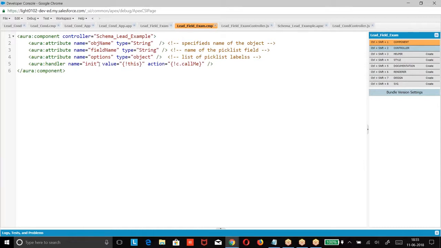Now whatever data we are getting in this component should be passed to another component. So data syncing should be there. If you want to create data syncing, what should I do?